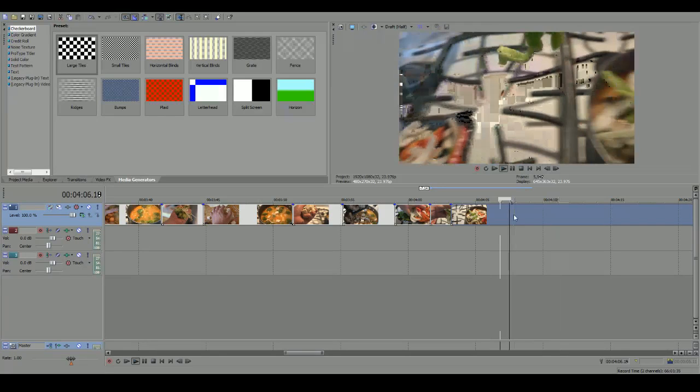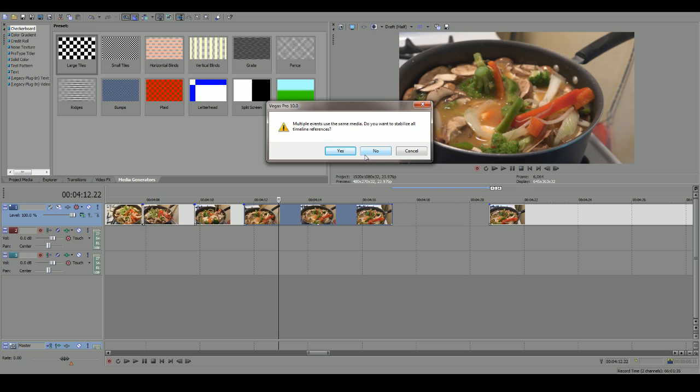Okay, so we're going to cut it down to there. Here, I'll show you guys how to stabilize right now. So in Sony Vegas, you're going to right-click a video. You're going to go up to Stabilize Media. Click that. It's going to say, do you want to stabilize all timeline references, yes or no? If you do yes, then it's going to stabilize the entire video clip that you sourced that clip from. So if you drop down your first recorded thing on your camera and then you cut down to just like 3 seconds of that clip, it's going to stabilize everything. So that whole 3-minute clip or whatever, how long it was.